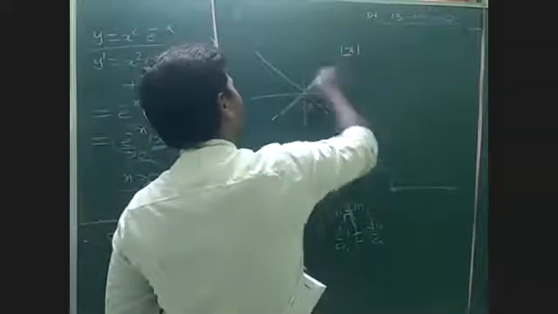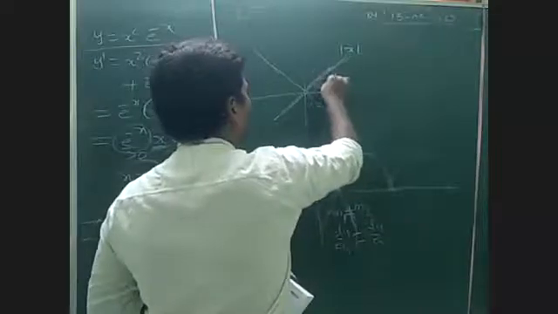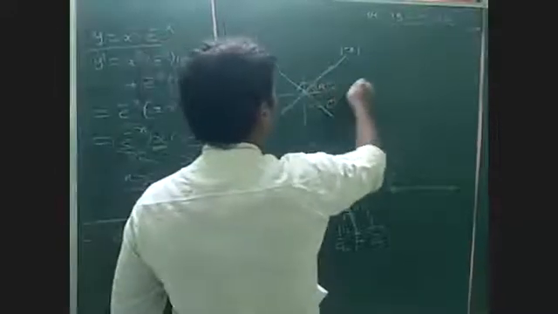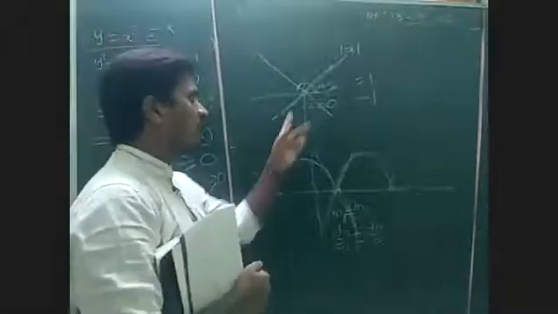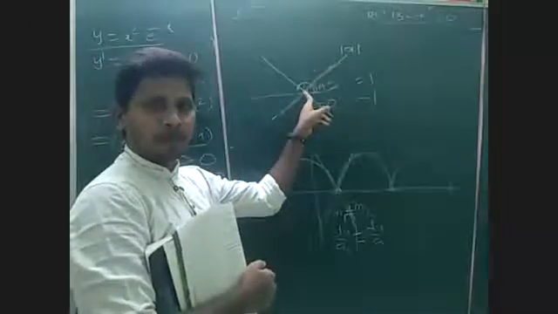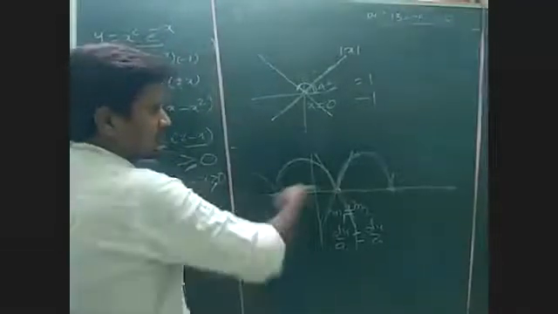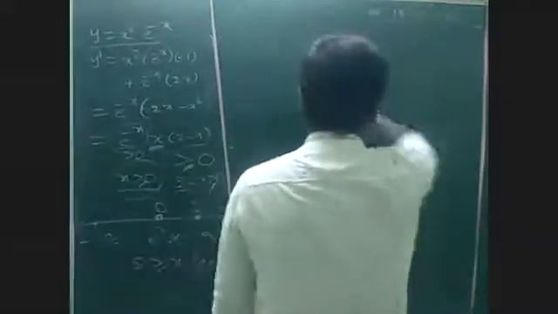So the slope of this line is different. The slope of this line is 45 degrees, but this is 135 degrees. So tan 45 is plus 1, tan 135 is minus 1. So it is continuous but not differentiable at this sharp point. Especially in JEE or advanced questions, they ask the number of points where the function is not differentiable. One question is given in the objective.